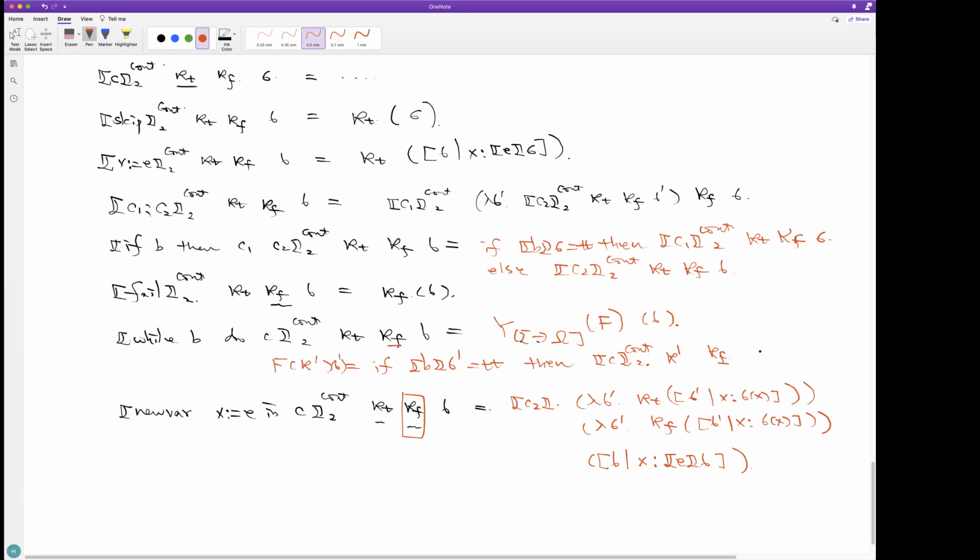Otherwise, we normally terminate, so we call the continuation that's given as an input, with the state sigma prime. So that's the semantics of this while loop.